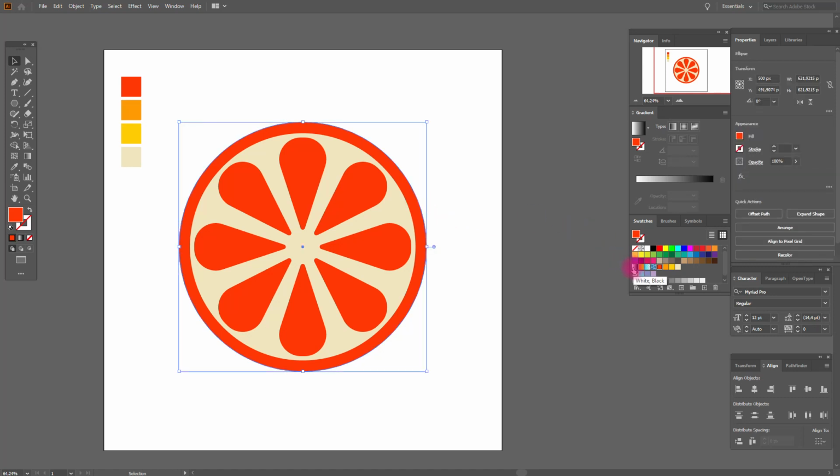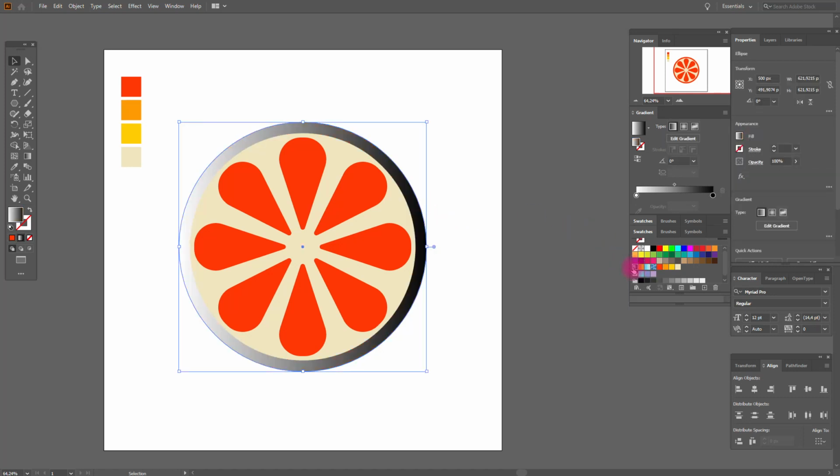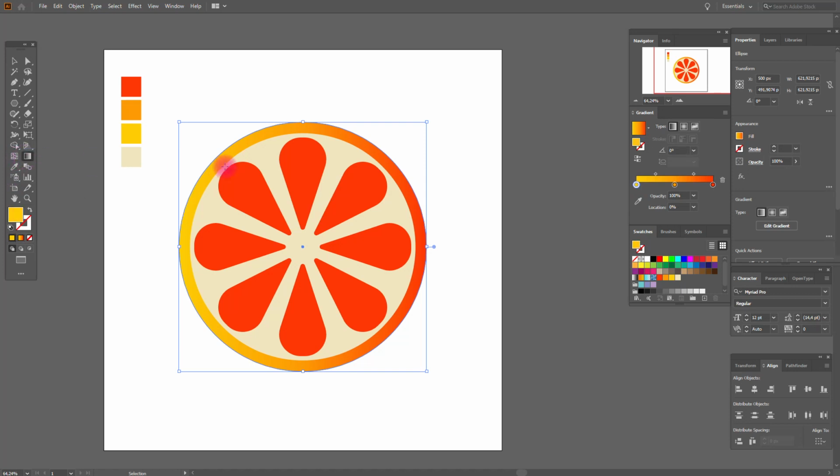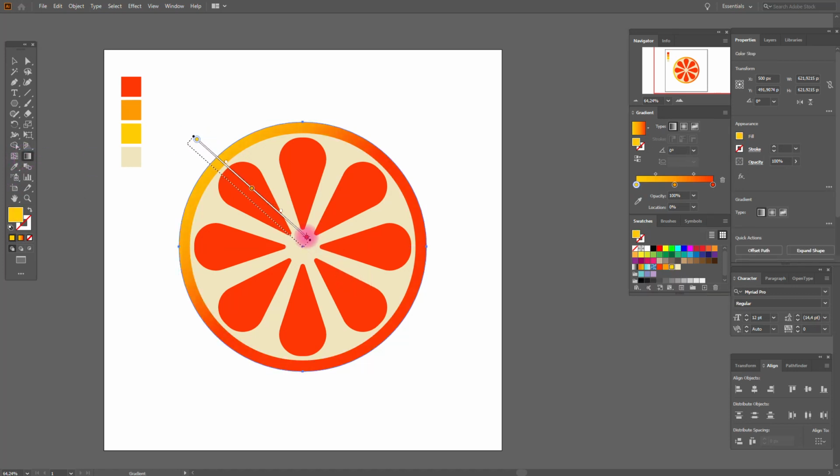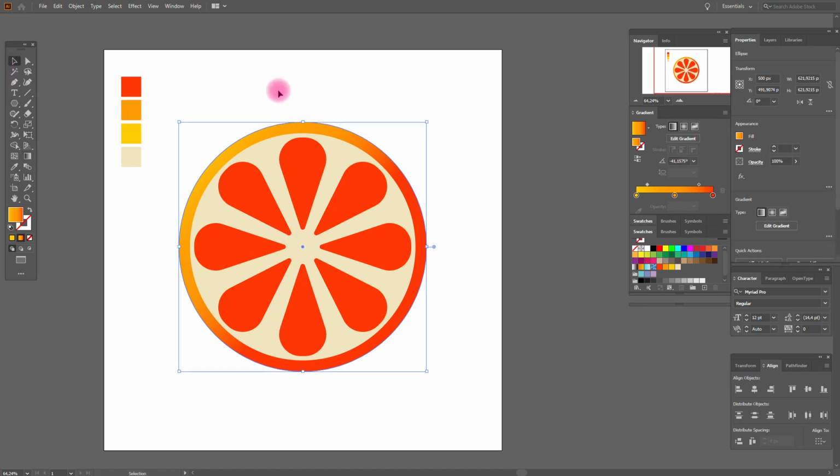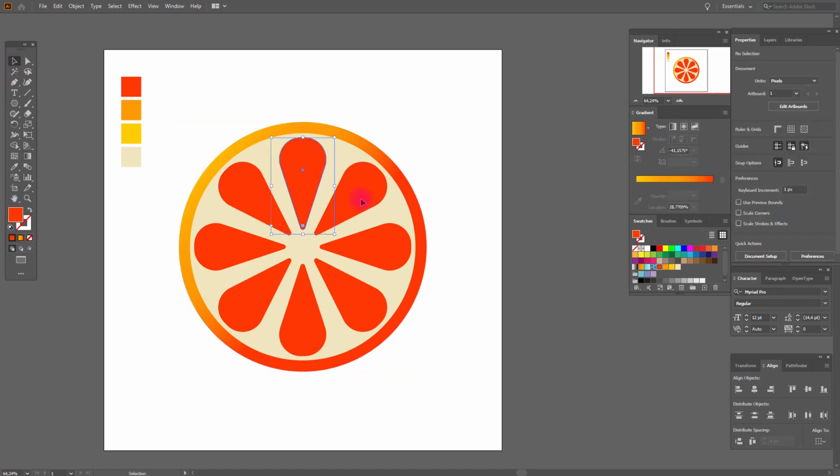Black and white gradient. Okay. This color here, this color here and this color here. Great job. Now with the help of the gradient, make it like me. Okay. Move it a little. Great. Now select it